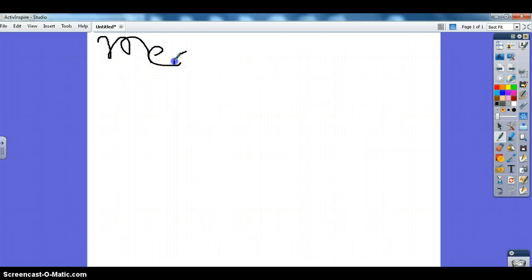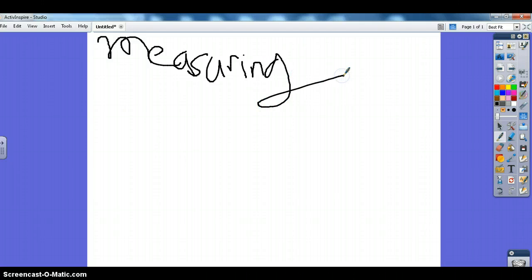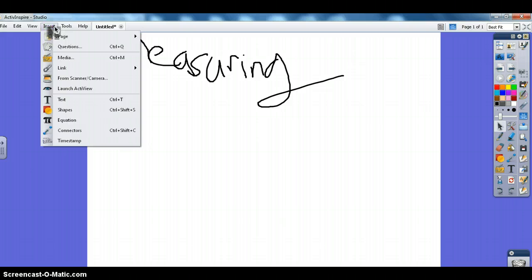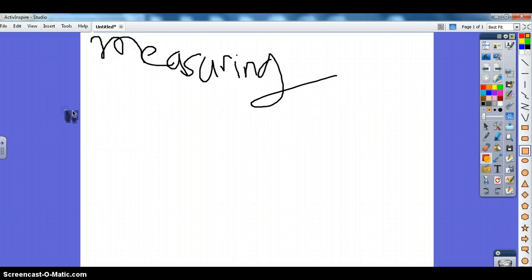I am going to call my problem Measuring. Then, after I have written my title, I'm going to create what it is I want to measure. I'm going to come over here and click on the arrow. Then I'm going to come up here to Insert and Step 2, scroll down to Shapes, click on Shapes,